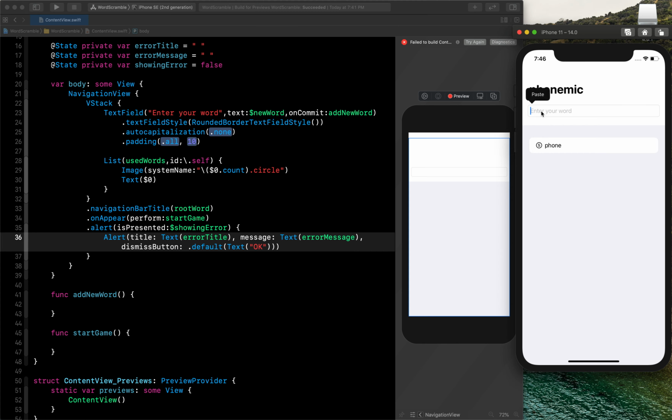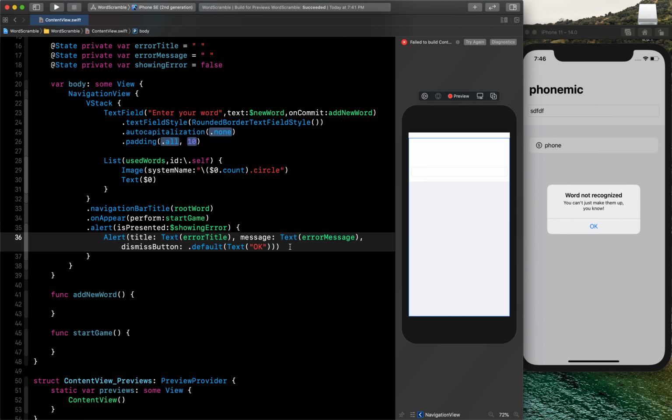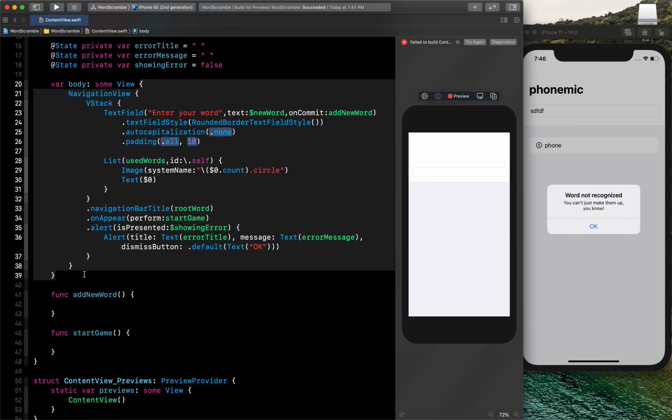So that we can see here that if I type anything and press enter, we will present this message, which we will assign in the next part of the code. So let's do that now. Now we have our view ready. Now we need to fetch the word and do the operations here.